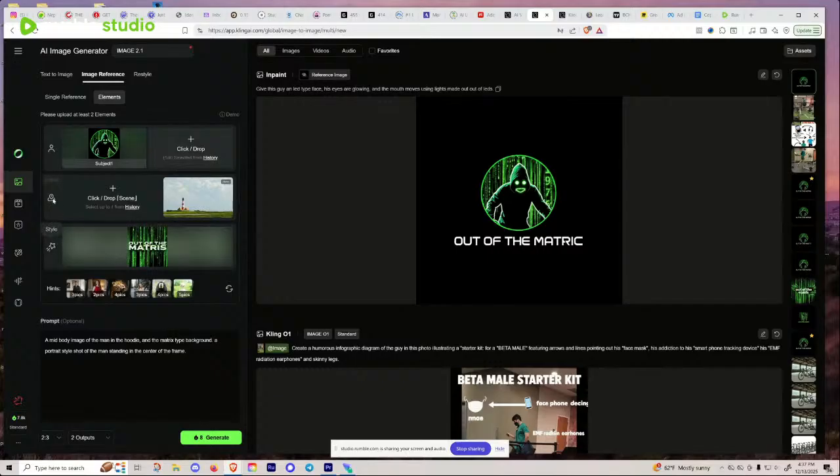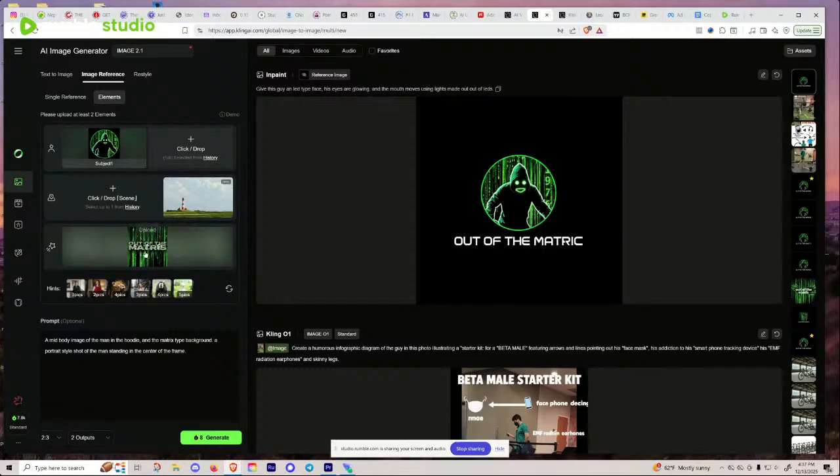The scene. Let's see. So the difference here is the scene and the style. So the scene could be kind of likened to the background. So if I want him to be in an airport or like a zoo or something like that, maybe that's the scene, right? The background. I hope it gets this idea that the style is the green and black and white to drop this guy into this type of scene.